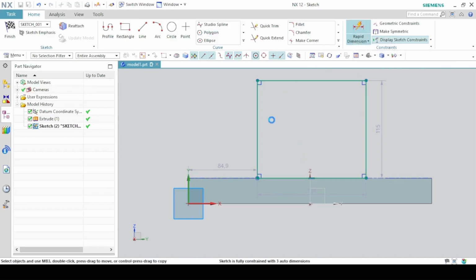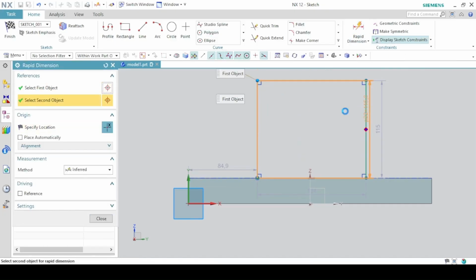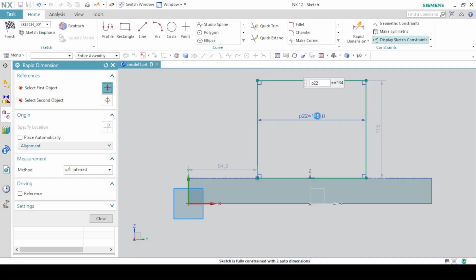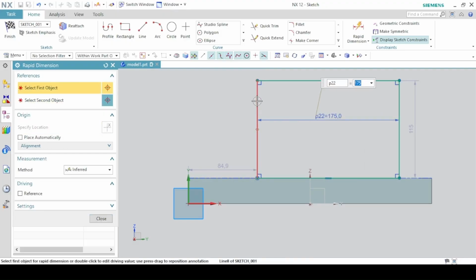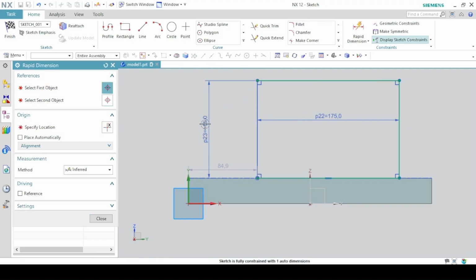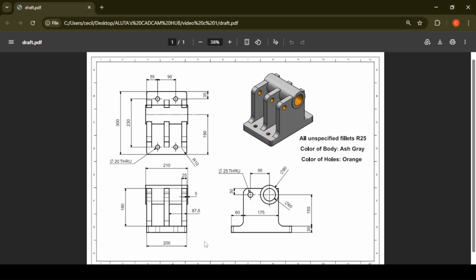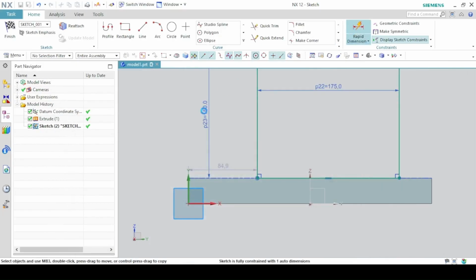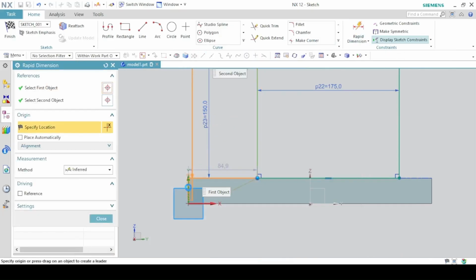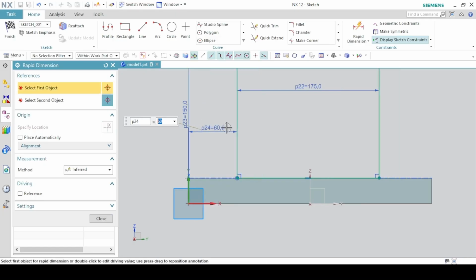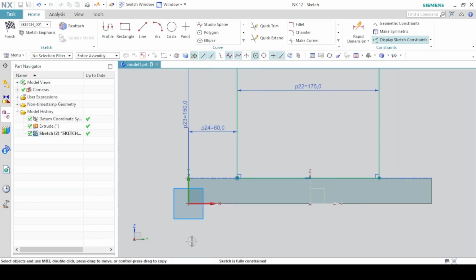The length 175 and the width 150. And the distance from this edge to this edge here is 60 millimeters. Again, the sketch is fully constrained.